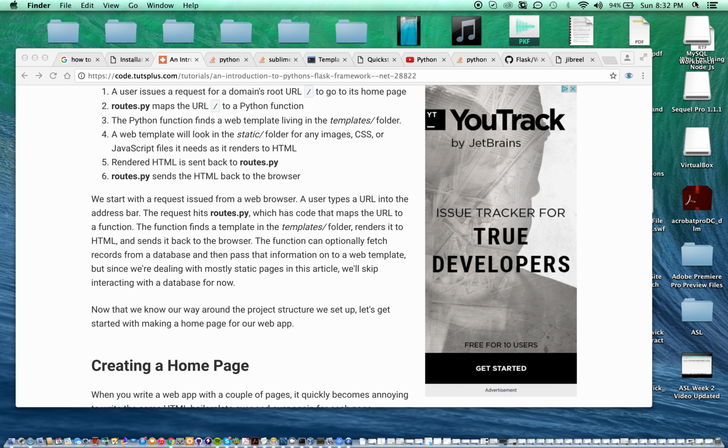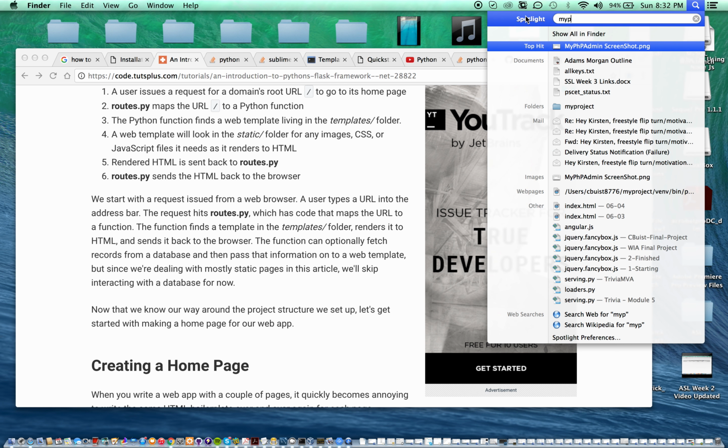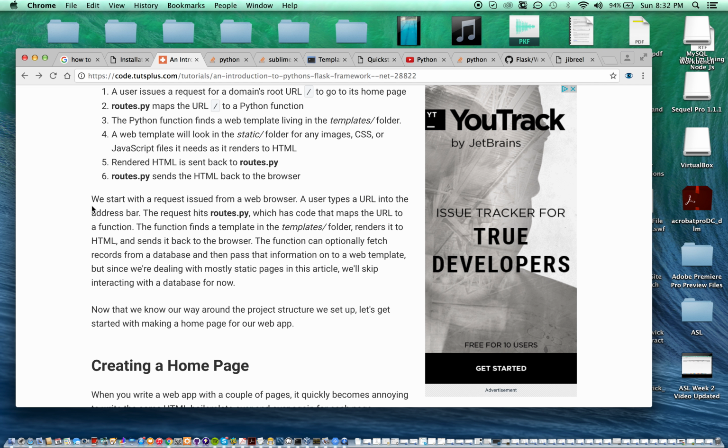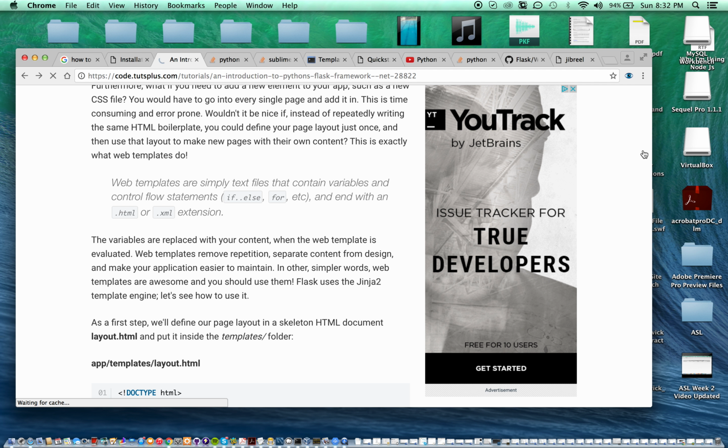As you can see, I could go here to my project in my users folder, and I've got Flask. I've got the venv file to help support functionality. Then I've got the Flask application. I've got a README, the routes Python file, and I've got the templates set up, home and layout, and the static folder set up for CSS, imagery, JavaScript, anything that I'll incorporate a little later on. But basically, I was trying to get that all set up and trying to get it to run on the local